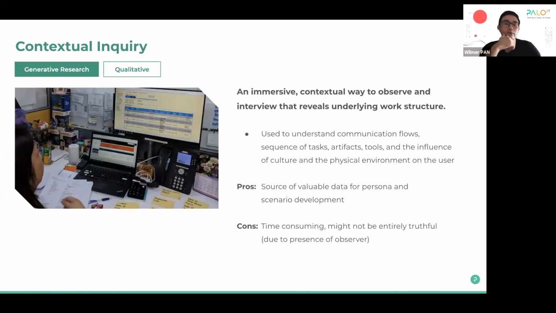Contextual inquiry is another method where we observe the participants' daily activity on site for a period of time, for example, a day or two. To give you an example, two designers will typically be stationed at the workplace, or in situ, to observe the participants performing their routine, before ending the whole session with an interview